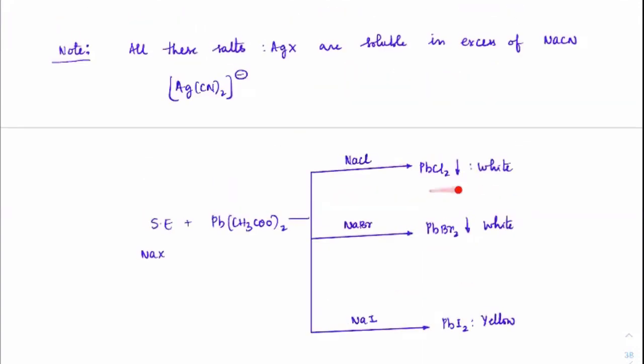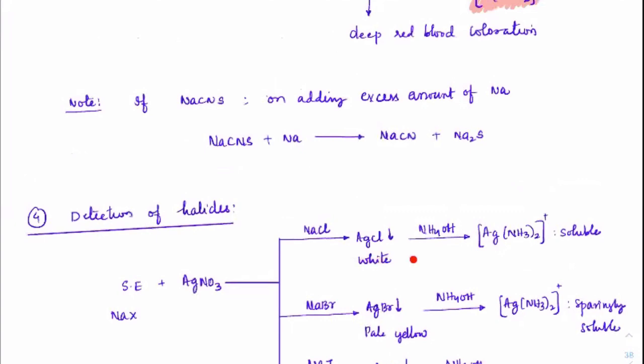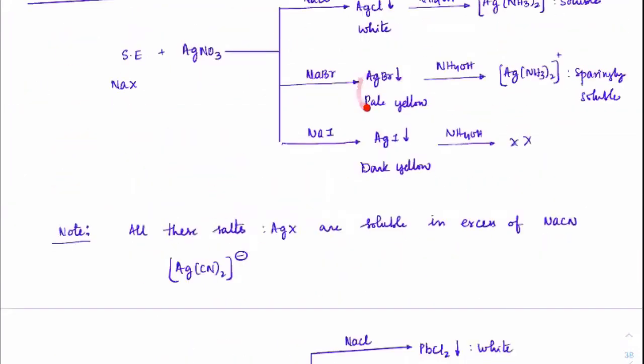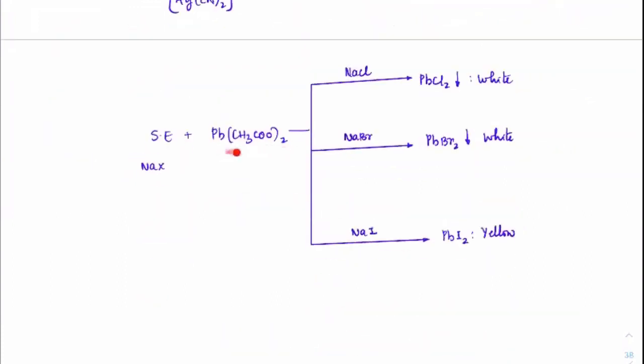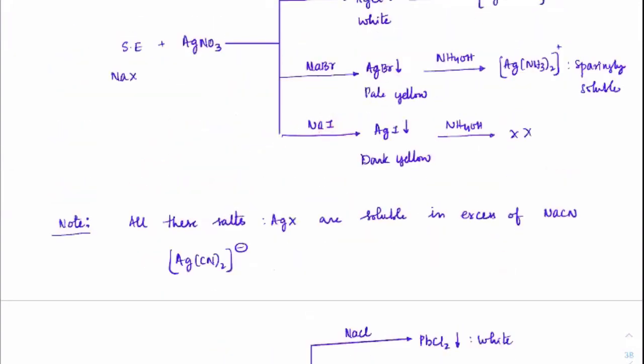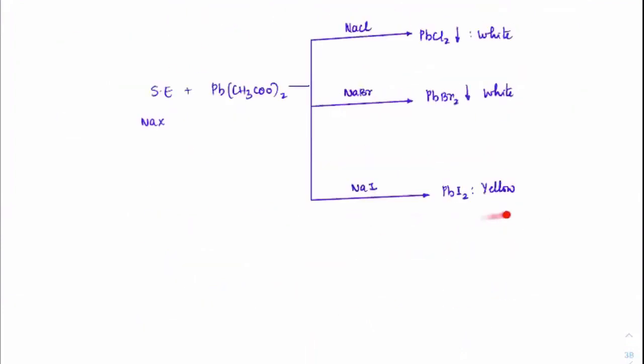Well, for chlorides, even one test is sufficient. For bromides, you can always recheck with this. Once you react with silver nitrate and once you react with lead acetate, if you are getting a white precipitate here, which definitely confirms it must be bromide. If you have to confirm it for iodide, you check from here, you should get yellow, and with lead also you should get yellow. So that is a confirmation.